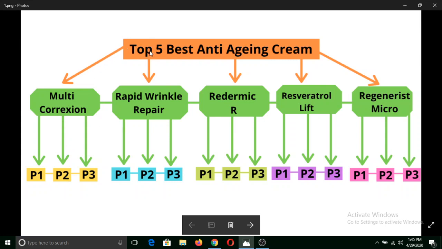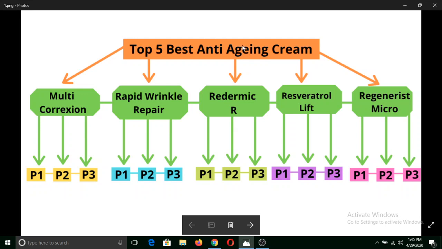Now you can interlink in this format. Give a link from here to here, and one link to above this article, and one link to your helpful post. From this helpful post you give one link to above and another link to this article. Then from here give one link to this article, one link to above and another link to this P3. Similarly, from P3 give one link to above and another link to this P2.